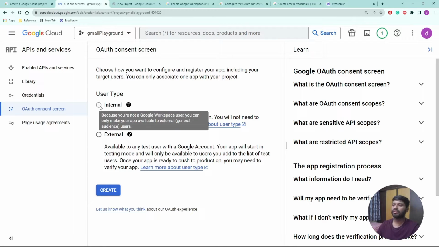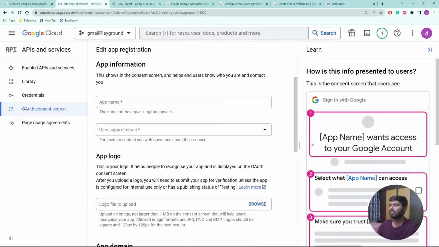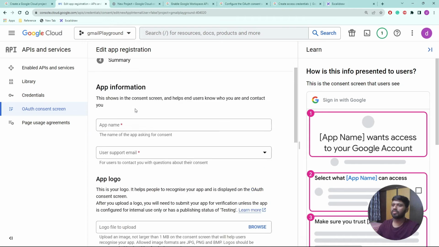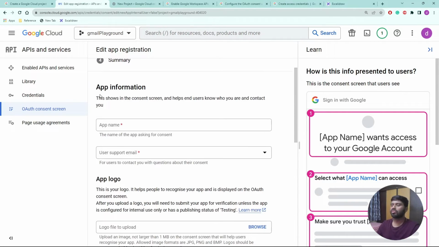If you try to click on internal, we cannot select it because it is disabled, and the information shown is that you are not a Google Workspace user. So we can select external and click on Create. Once you click on the Create button, these are the steps we need to complete. Finally, we need to write the app information: an app name, then a user support email. For the app name we can just write Gmail